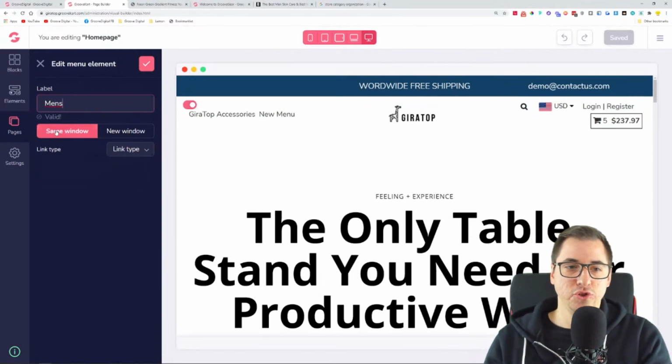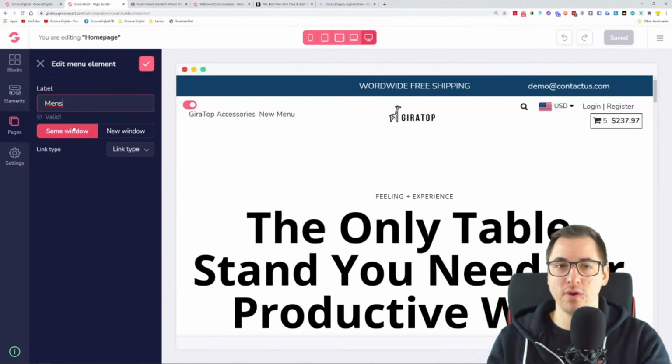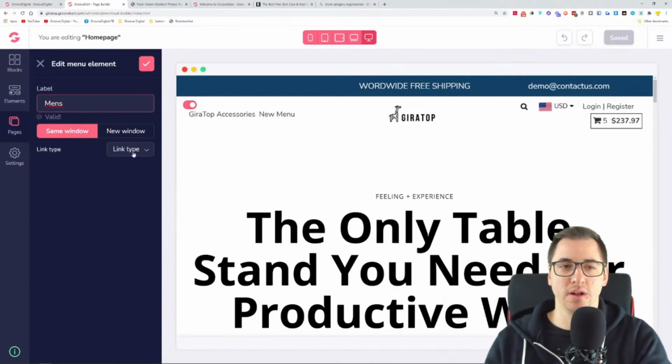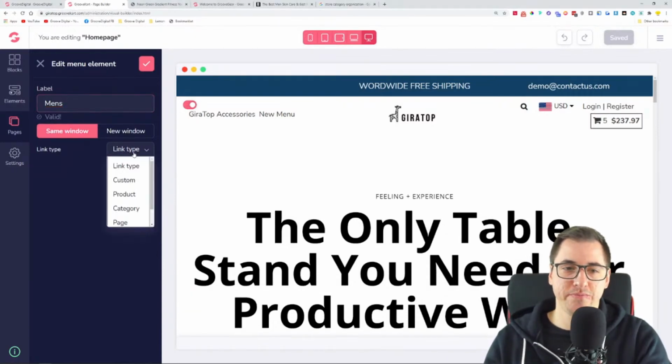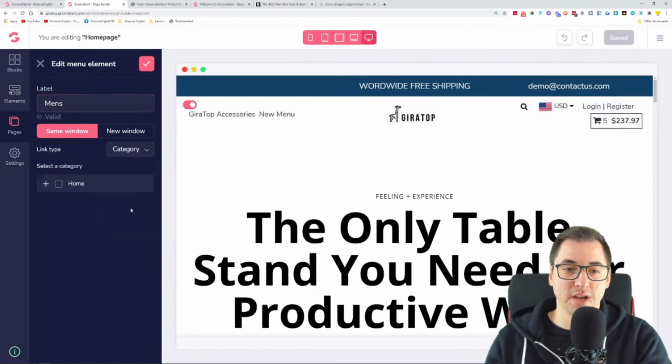Okay? And then we'll choose where to open it. Do you want to open it in the same window so the page will reload and just open the new page or the new category, or would you like it so that the main page stays but it opens up another window, another tab with the actual category? I would say the same window, and here we can choose the link type. What do we want to link to this menu element called men's? I want to choose a category,